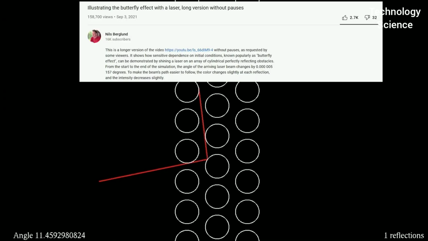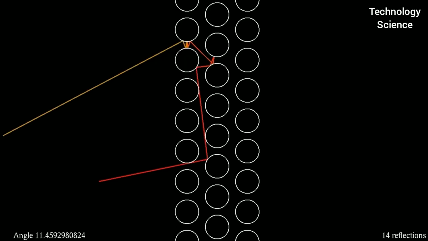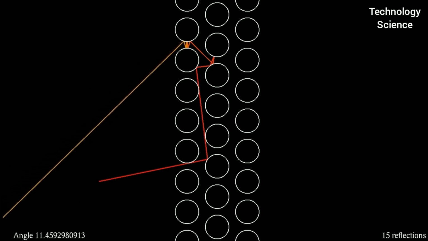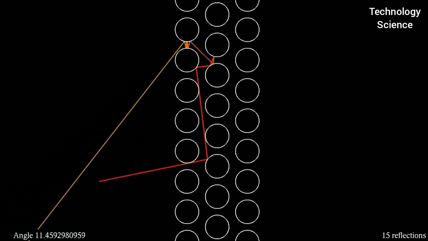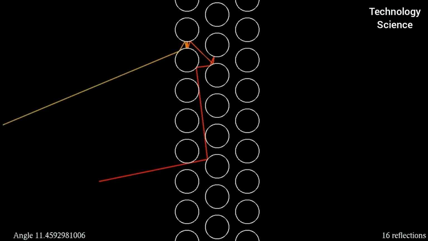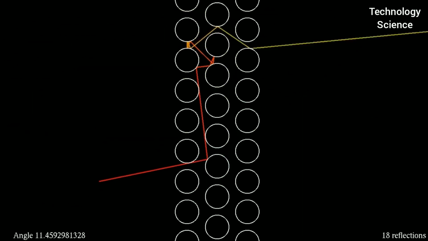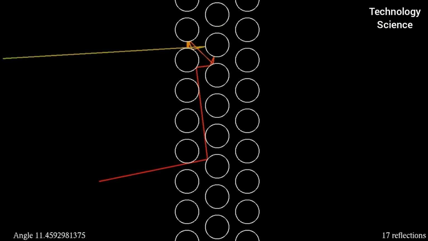For example, watch the simulation created by Niels Berglund. In this simulation, you have the input of the laser here, and then we're changing the angle of it slightly. You can see that at the 9th decimal place, the angle is changing very slightly. But this tiny change in angle results in a huge change in where the laser ends up in its output. So this is a great example of the butterfly effect. Look at that seemingly insignificant change in angle completely flip the direction in which the laser exits the